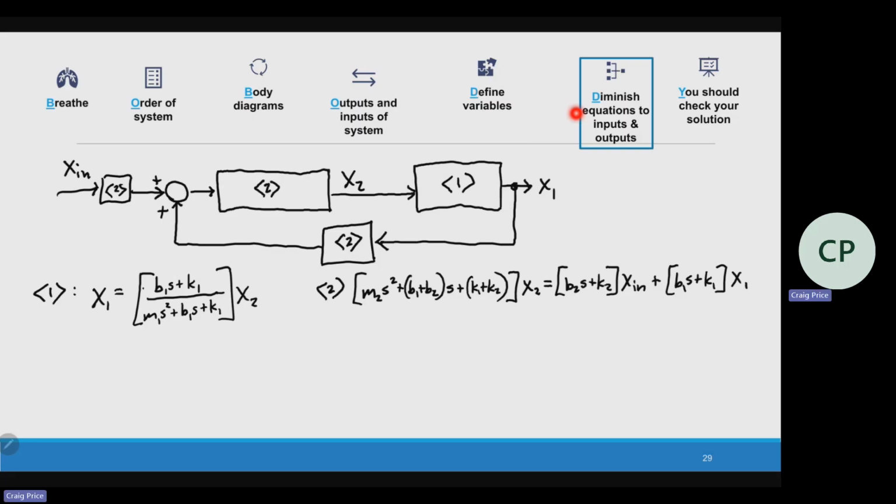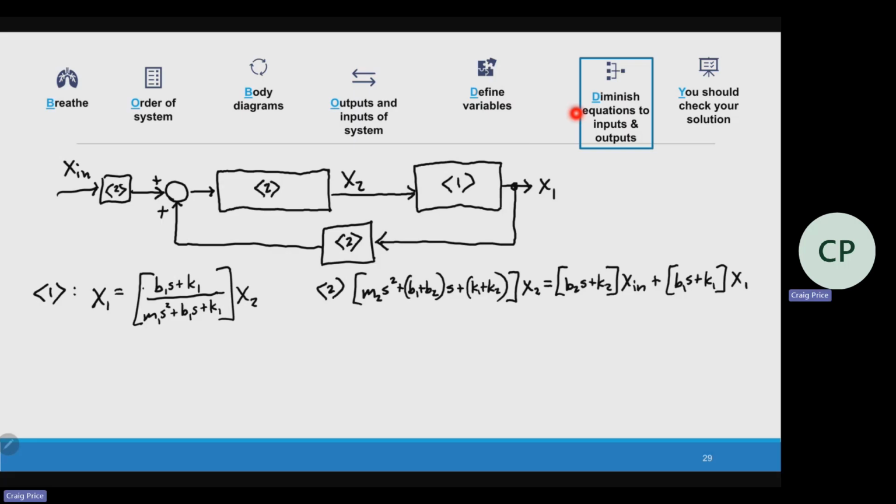So I can look at it kind of from a block diagram standpoint. This would be right here, b2s plus k2. This would be b1s plus k1. And the combination of those added together then goes through basically this transfer function, which relates to the m2s squared and so on, to solve for x2. But I know that I can't necessarily make a transfer function with that because I have 2 inputs, but I can use the 2 of them